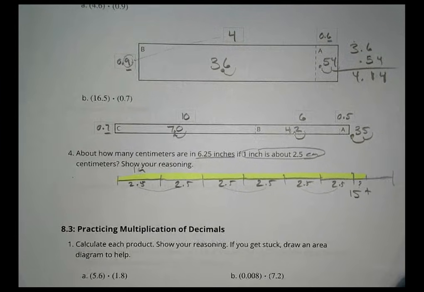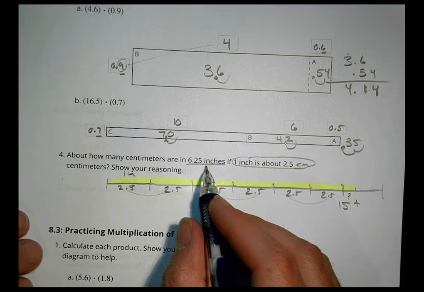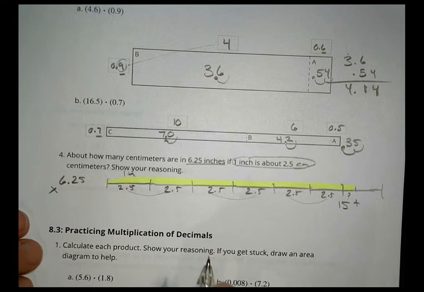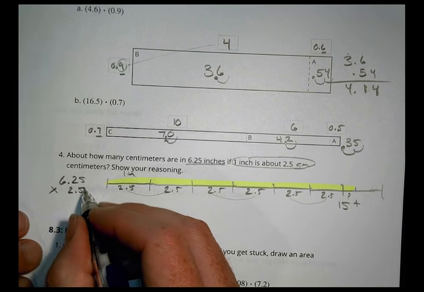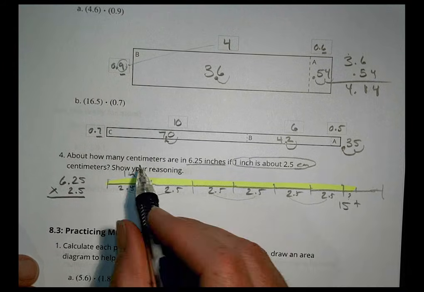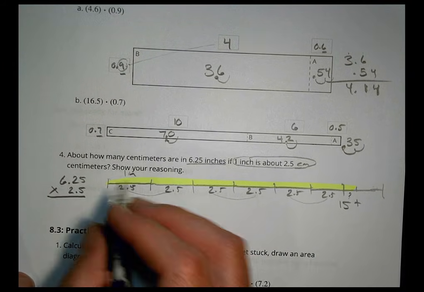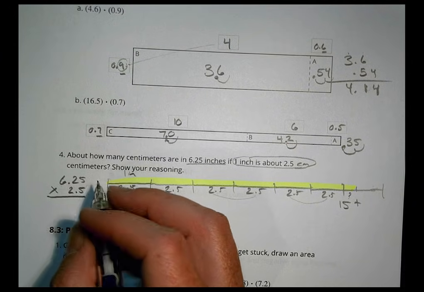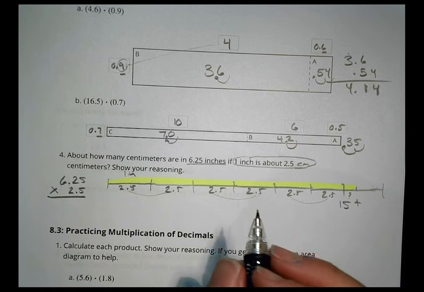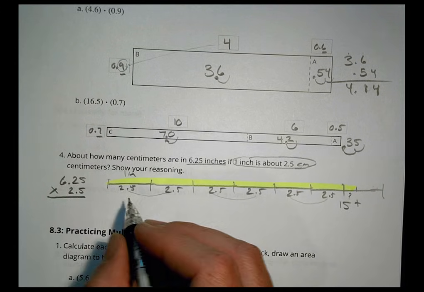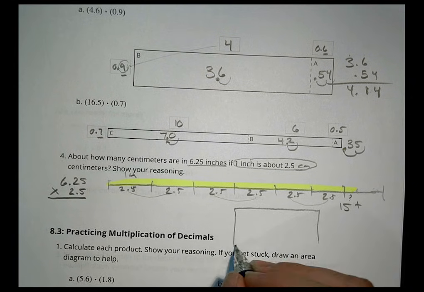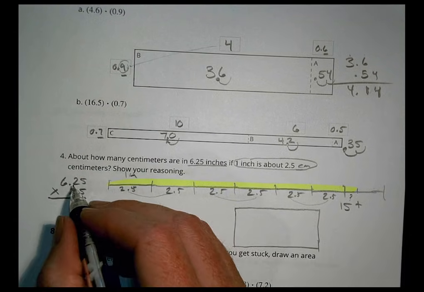Well, mathematically what we're doing is we're just going to take this 6.25 inches, and we're going to do this a total of 2.5 times. Okay, so we're going to have the 6.25 in groups of 2.5. So if we multiply this out, let's see, how do you want to do this for y'all? Let's make a little box here. We can have 6.25 is like doing